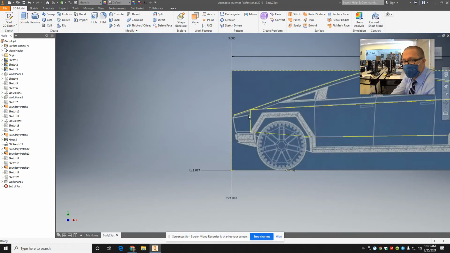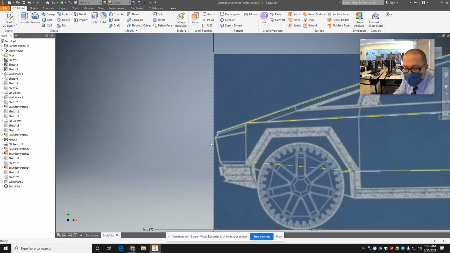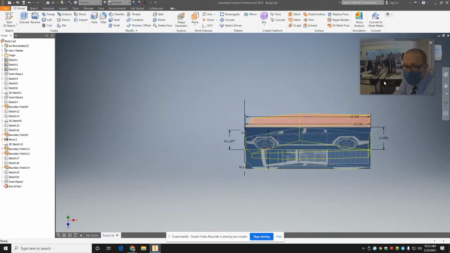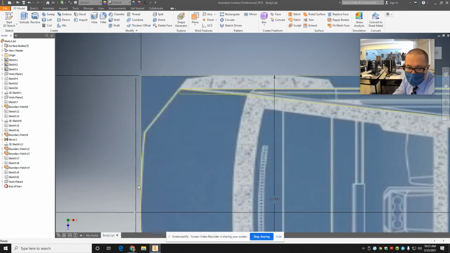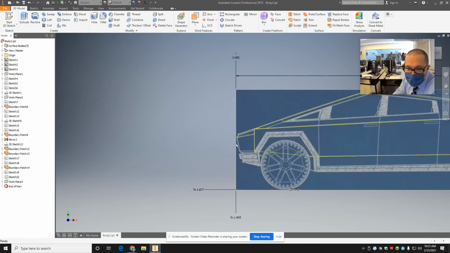The problem is the fact that this line right here doesn't meet at an existing point. It hits this edge right here. The other interesting thing is it extends farther forward than the hood a little bit. And if you look at the top view here, it doesn't show that. It shows the hood stopping there. There actually should be another arc in front of it, a little bit farther out, where the front of this